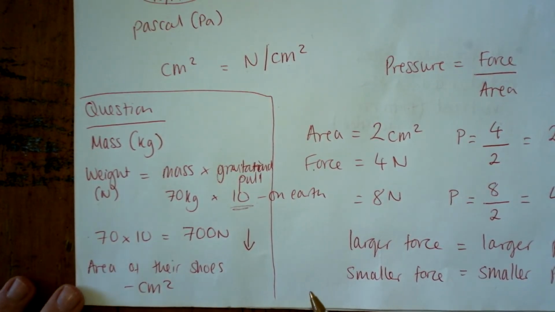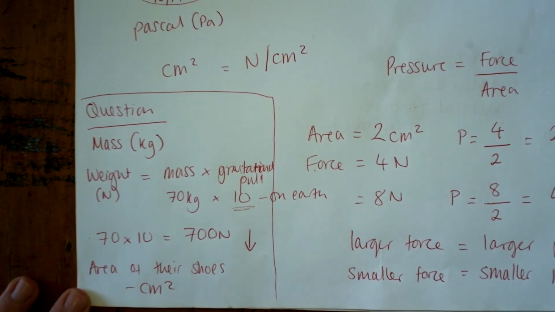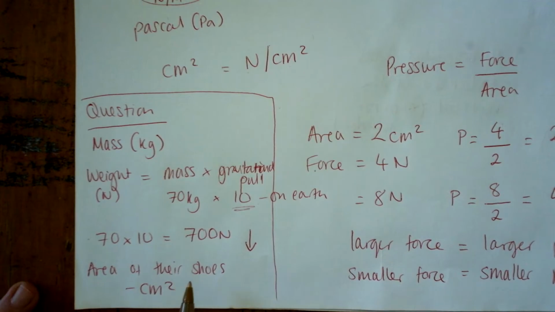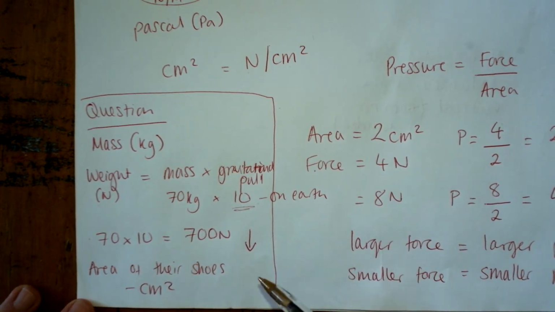And there is a very kind of crude way of doing this. You just simply take their shoes and draw around them on centimetre squared graph paper, and then you can count up the number of centimetre squares to work out how many fit into their shoes. Now, obviously, if they're standing on 1 foot, then all of that weight is going to press down on that one shoe, so we've got a smaller area, so therefore a larger pressure, or it'll be on 2 shoes,